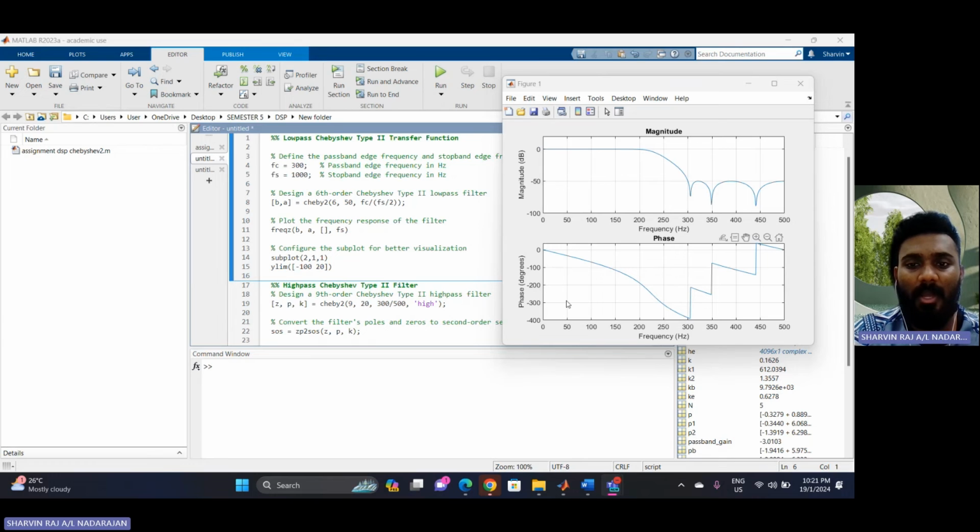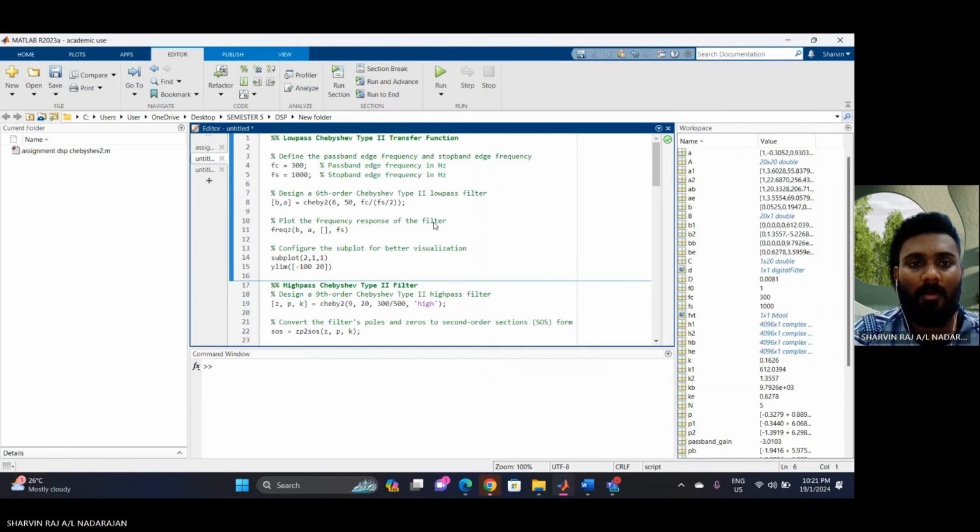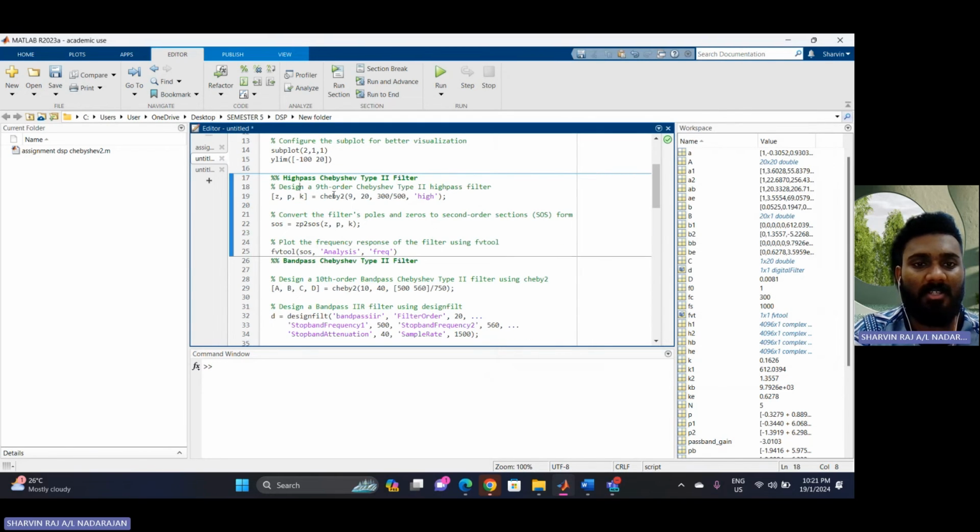The magnitude and the phase response is the frequency plot diagram. For the second part, we're going to look at the high-pass Chebyshev Type 2 filter. This line shows the design of a 9th order Chebyshev Type 2 filter. The MATLAB function fvtool is used in this code to